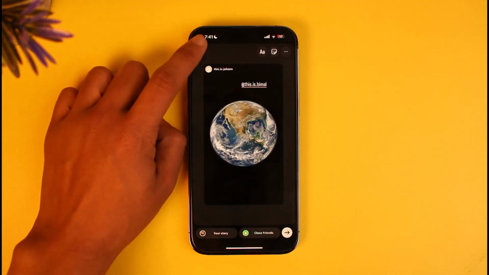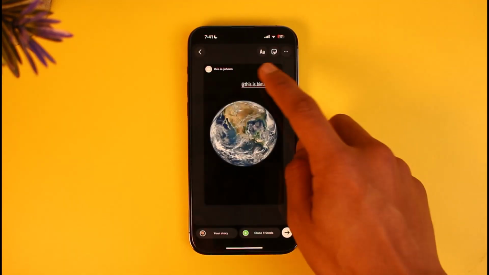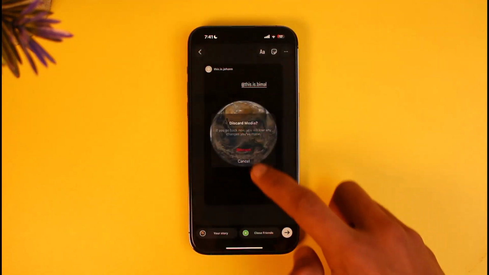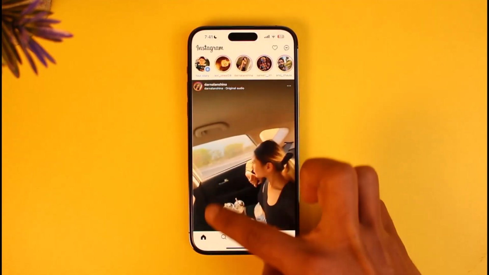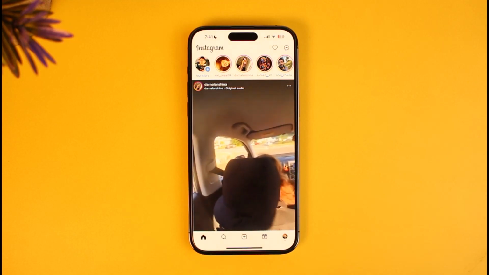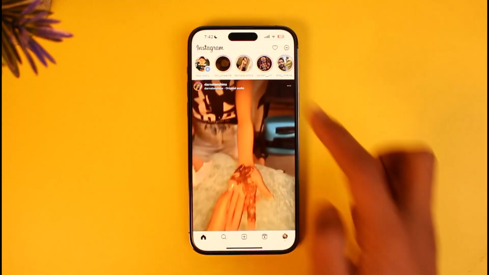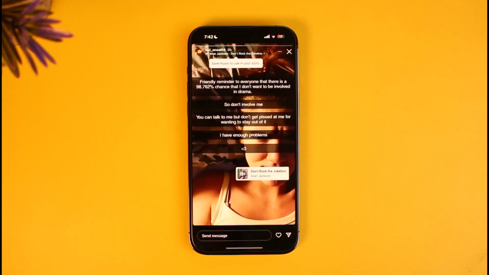But let's say that you don't have this option, because you're not tagged in it, but you want to add that person's story to your own story. How can you do that? The only way you can actually add someone's story to your own story on Instagram is by taking a screenshot. So all you need to do is just open up that specific photo or that video, and then